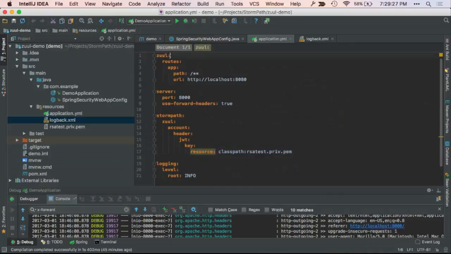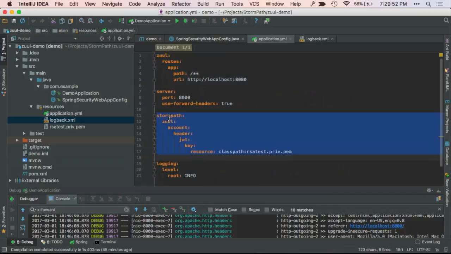Basically, the stuff at the top here is Zuul specific. We're saying that for any path, any incoming request, we're going to forward to localhost 8080, in an ant matcher style path there. Then for the Stormpath side of the configuration, we're just saying that here's our private key.